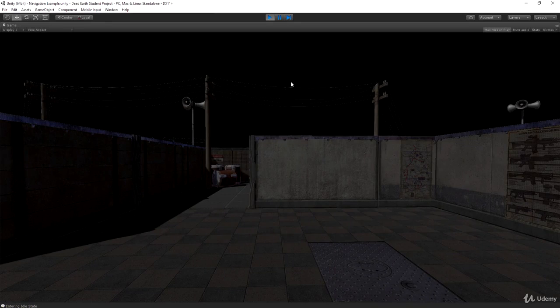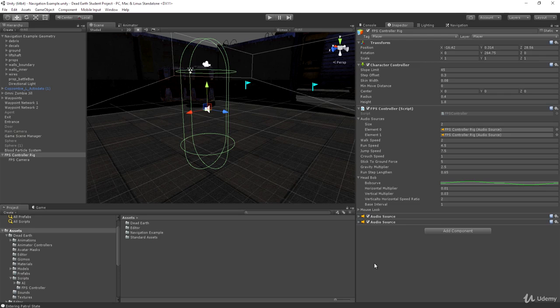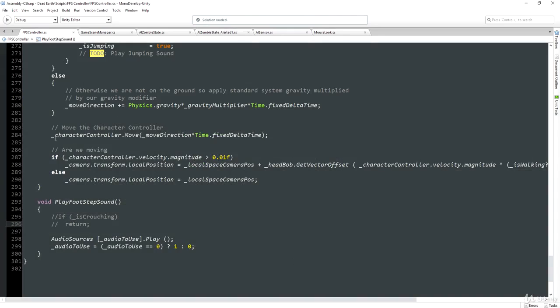And at the moment, although I don't want a footstep sound when I'm crouching, what I don't want to do is later on, when I add a proper crouch sound effect for my footsteps, we're going to get that problem again. When we go into the crouching mode, we're going to get that stray footstep being played. Of course, the reason why this is happening is it's being triggered by our headbob class,